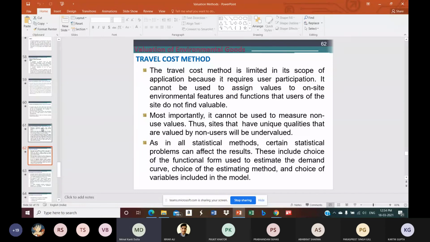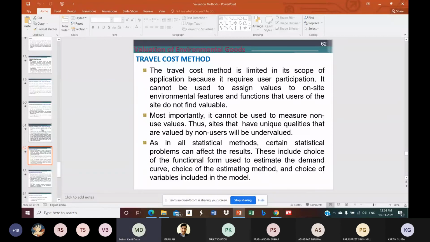Many a time we make mistakes in assuming a linear relationship between different variables, but it may not always hold true. There might be some kind of non-linearity in the relationship between different variables, which we may not be in a position to recognize. In those cases, there will be certain statistical problems. Similarly, some relevant variables may be omitted, so there might be omitted variable bias. Or in some other cases, some non-important variables are included in the model, so that is the inclusion of irrelevant variables. That will also create certain problems.